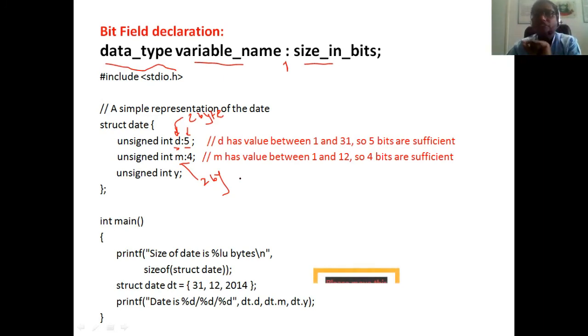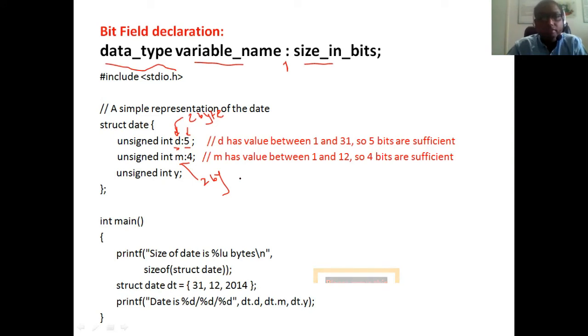So out of 16 bits, I'm going to use only 4 bits. The first 4 bits I'm going to use, and the rest of the bits will remain as they are. So here we are going to use the memory locations very efficiently, and the memory wastage problem will get recovered here.